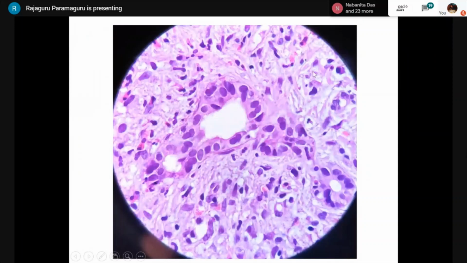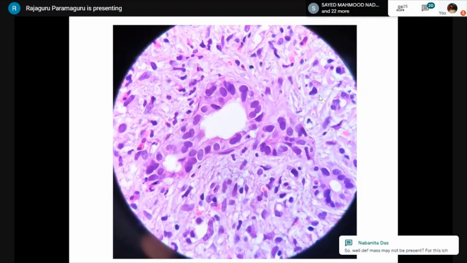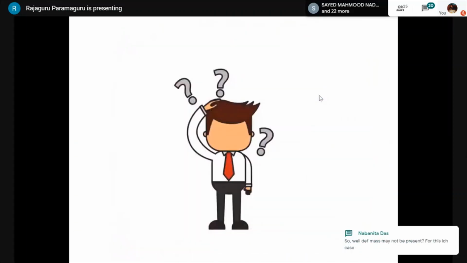Maybe you're not able to clearly appreciate. I think that is the reason. But have this in mind if you're finding a kind of portal-based inflammatory cells and those cells are looking a bit abnormal, you can think of this. Certain cases like systemic mastocytosis also can involve the liver, so keep that in mind as well.